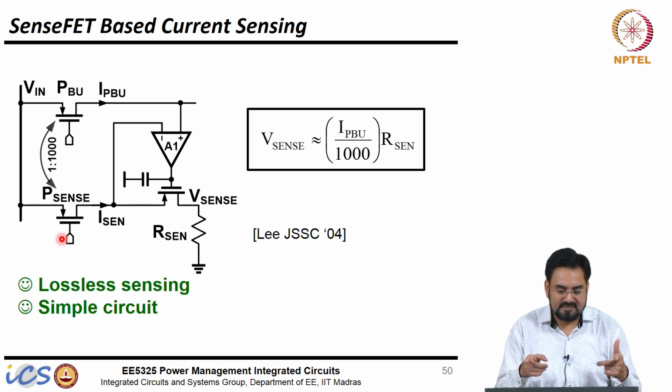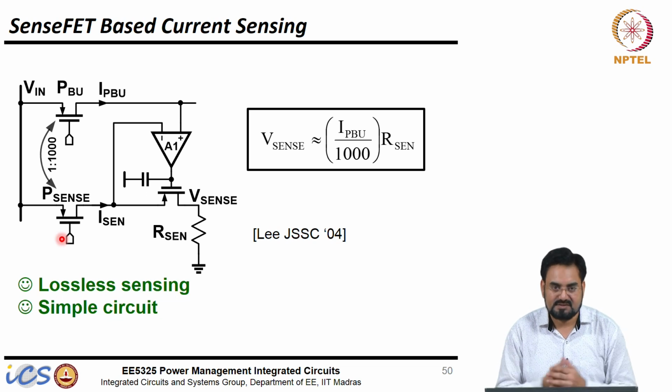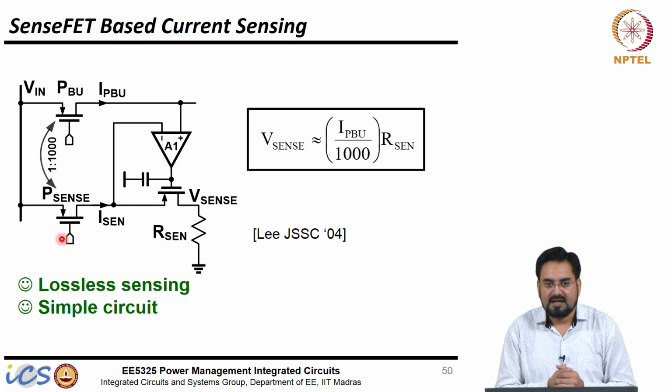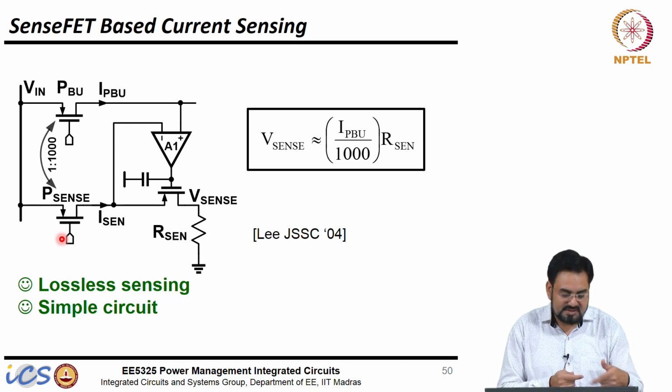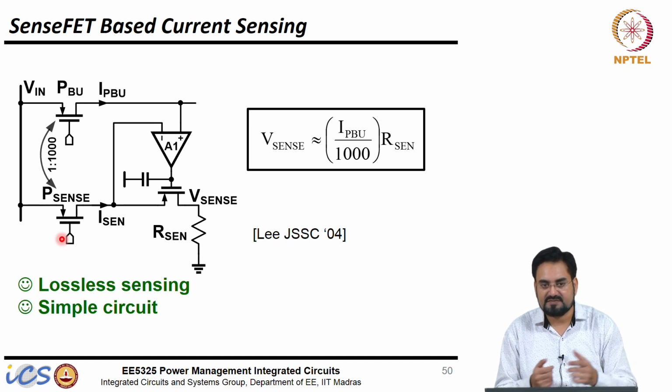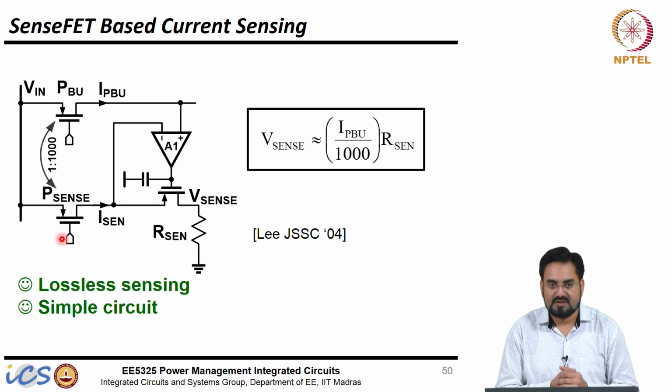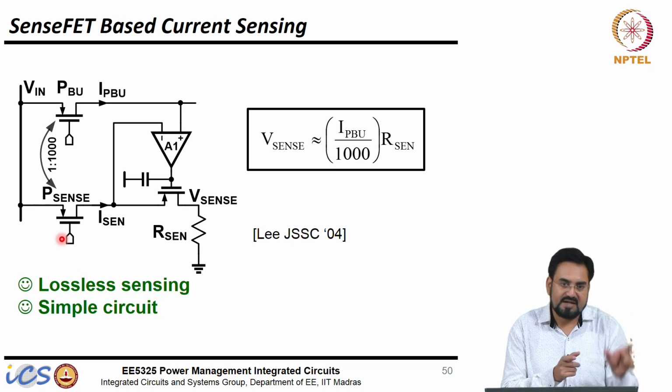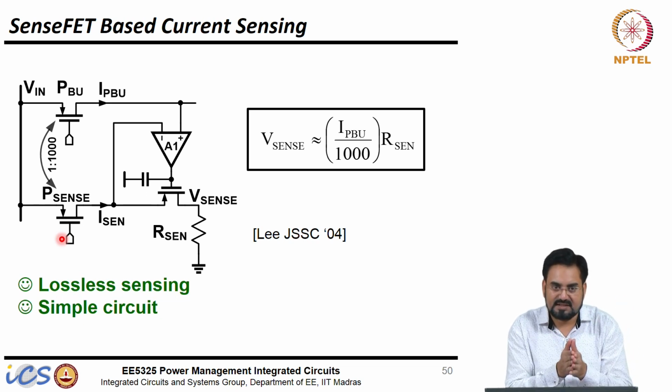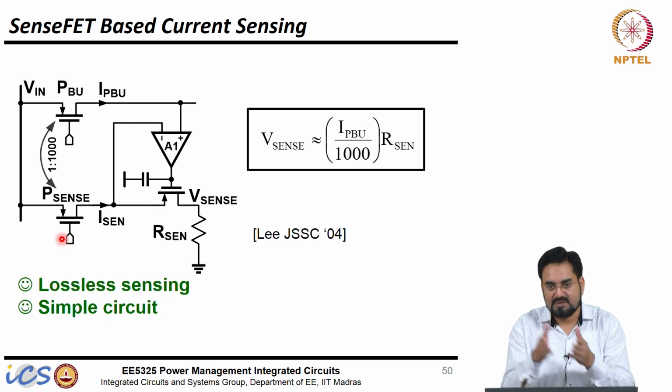So, let us say your one clock period is, frequency is 1 megahertz, which is 1 microsecond, and I switch these FETs, turn on and off, at 10 times that rate. And I have 10 of these. So, in one clock period I can cover all the 10 FETs. So, I turn on one, sense it for 1/10 of your period. Next, for 1/10 of the period, you connect the next one.